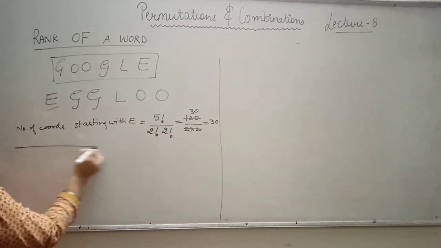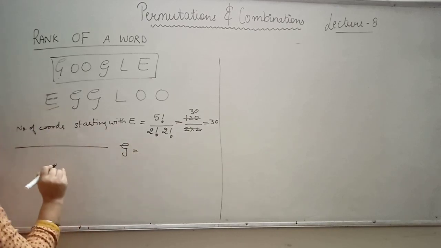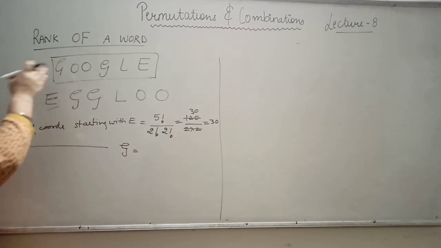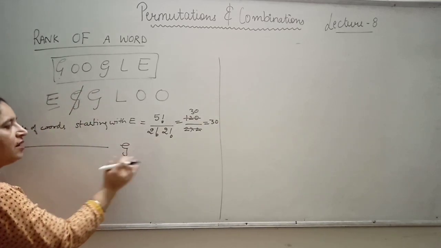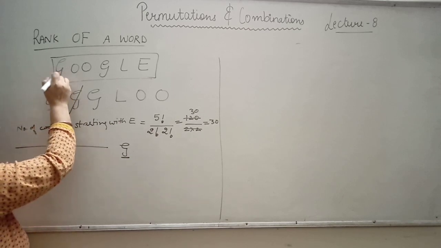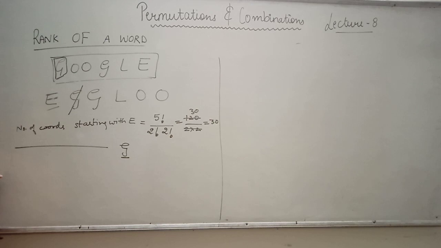So our number of the words now starting with G. So now G is fixed. Okay. But G is here at the first position in our word. So here G will be cancelled. Now G will be fixed here now. G is available here at this position. This is now used. Now again we will start in alphabetical order.